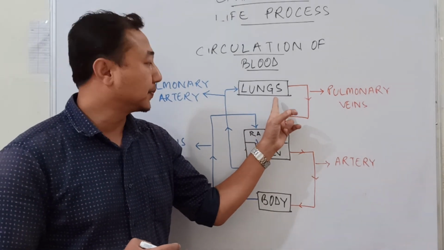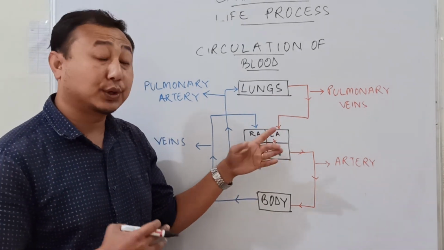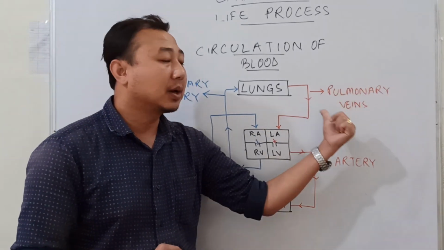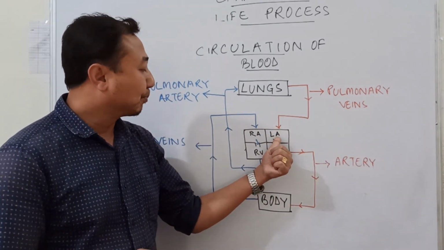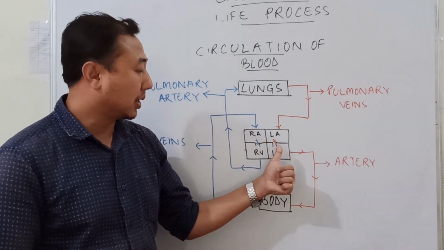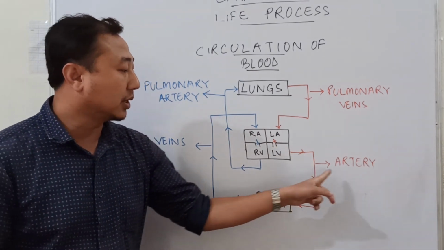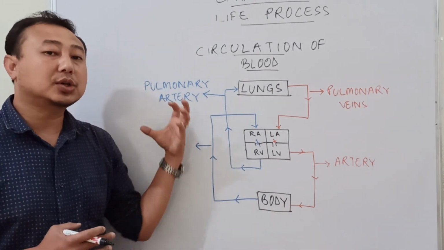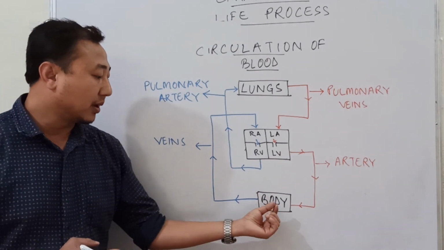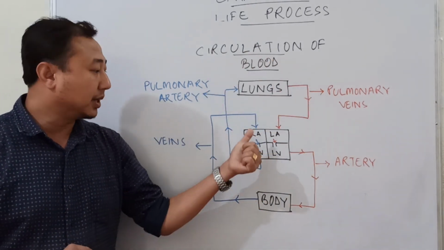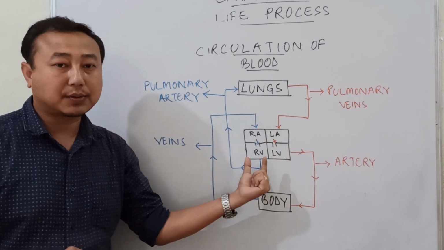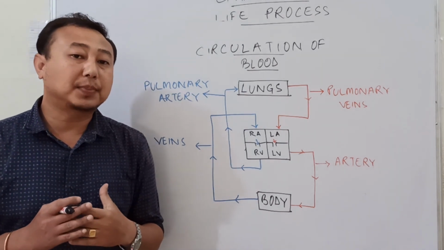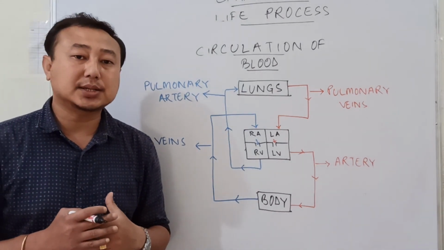From the lungs, the blood which contains oxygen, or the oxygenated blood, is brought to the left atrium chamber of the heart by the help of pulmonary veins. From here, the blood is transferred to the left ventricle, and from the left ventricle, it is transferred to the body by the help of artery. So here, when we see the circulation of blood taking place inside the human body, in one complete circulation, the blood enters the heart once in the right chamber of the heart, another one at the left chamber of the heart. So as the blood enters the heart twice,